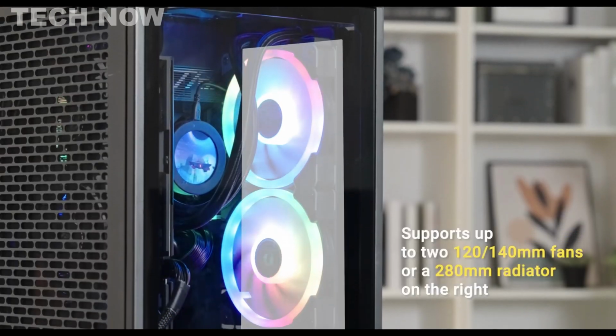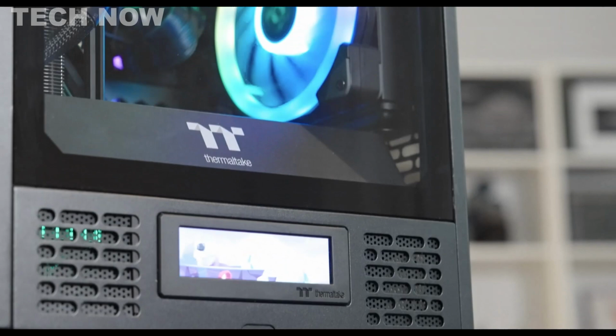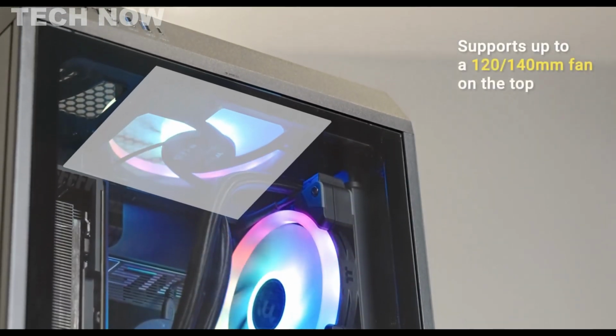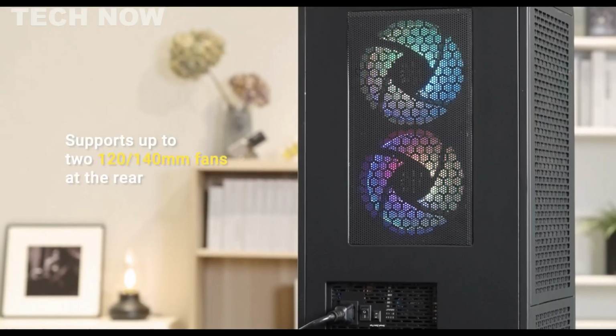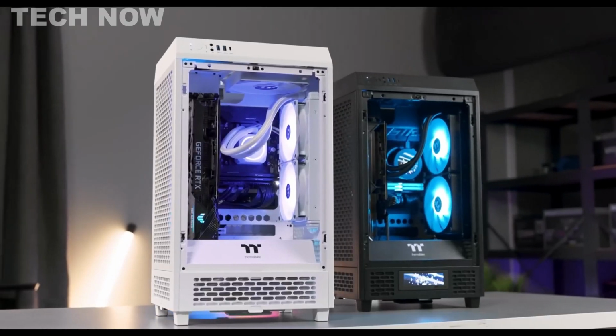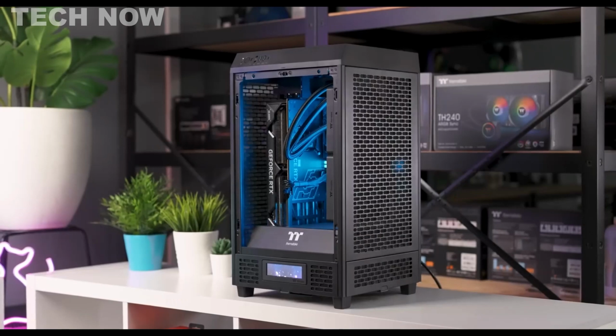With a stunning large vertical tempered glass front panel that can be easily removed for maintenance, the Tower 200 provides effortless access to its interior. Perforated metal side panels maximize airflow, enhancing thermal performance. This case prioritizes cooling with a unique chimney effect, pulling in cool air from the bottom and expelling hot air